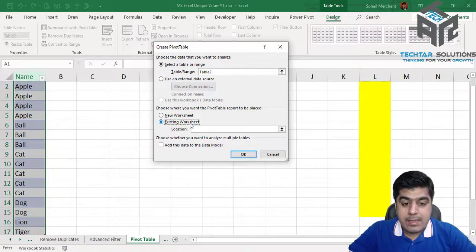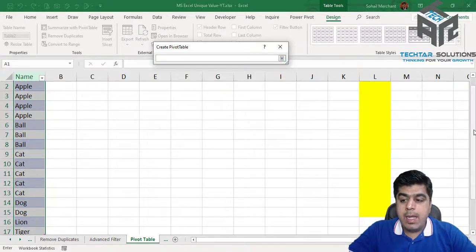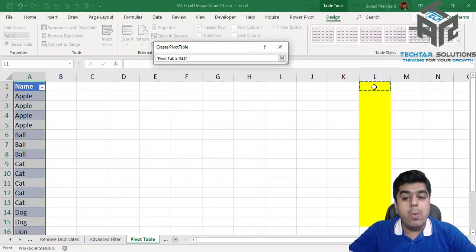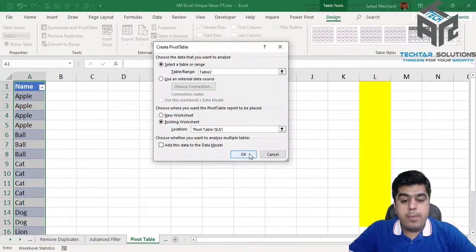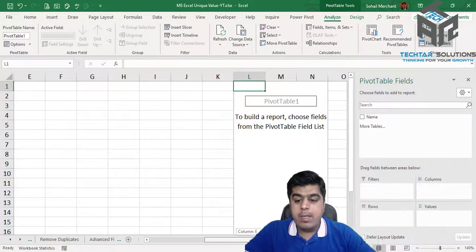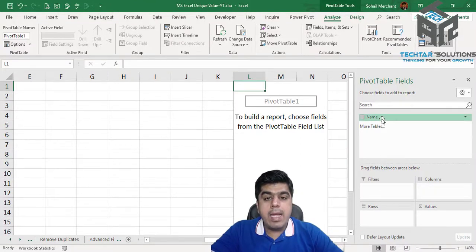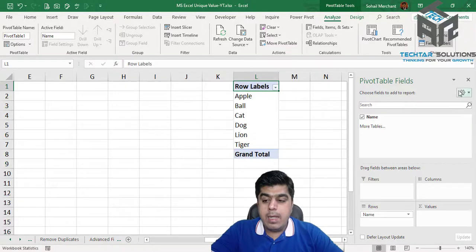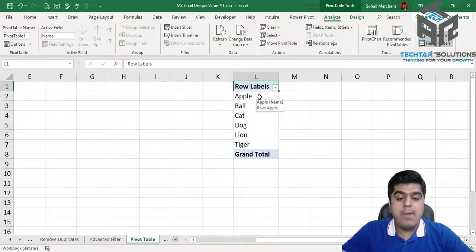So select existing worksheet, click on this arrow button and select cell L1. Press OK and now we have our pivot table on our screen. Now we want to drag this name column into the rows and here we have our unique values.